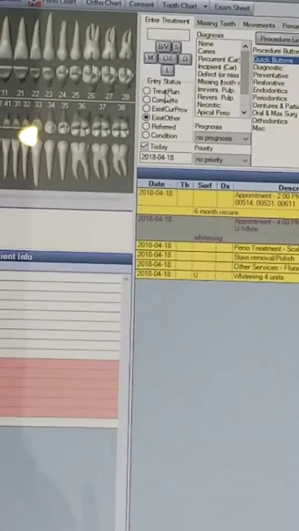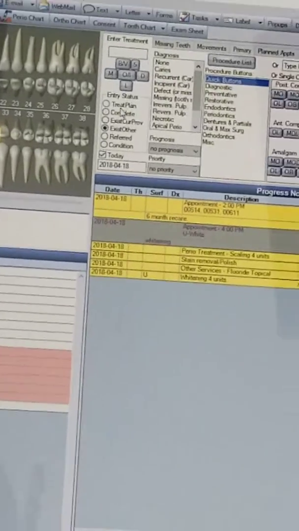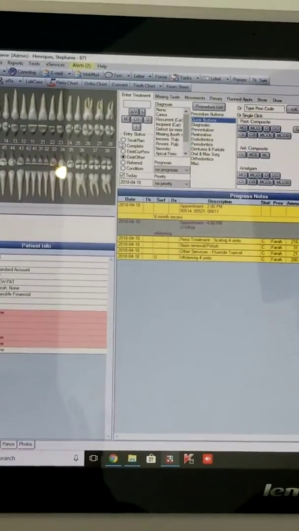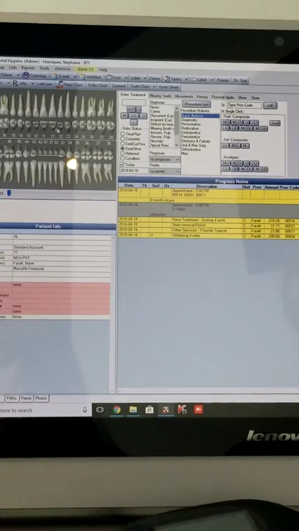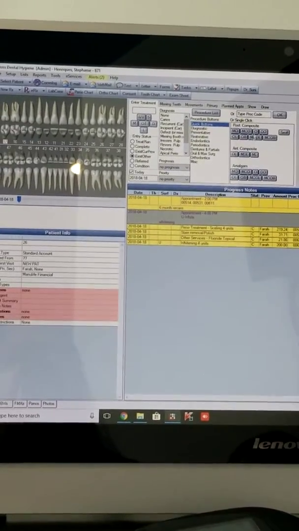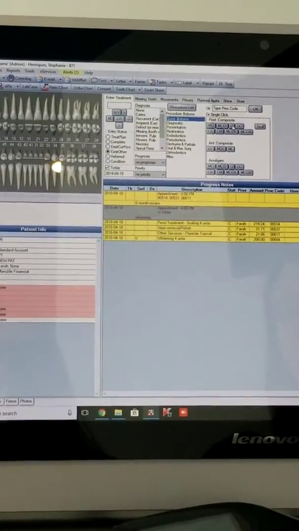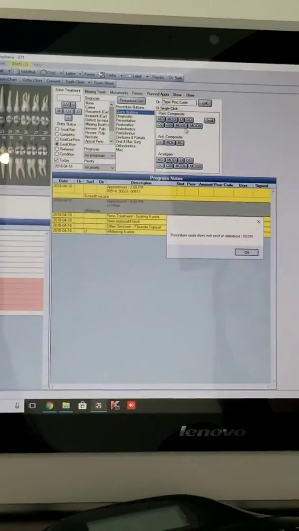Because if you have treatment like the planned, other, it'll drop in like you're gonna do that work on them. But existing other means it will show what they already have. I'm not sure what code will just come up here. Yeah, see, this is